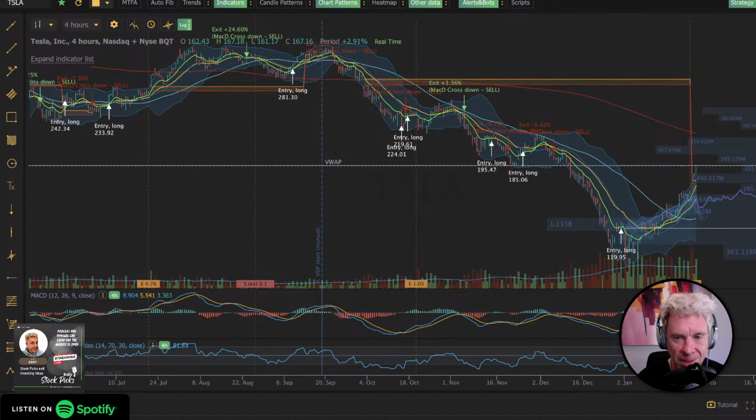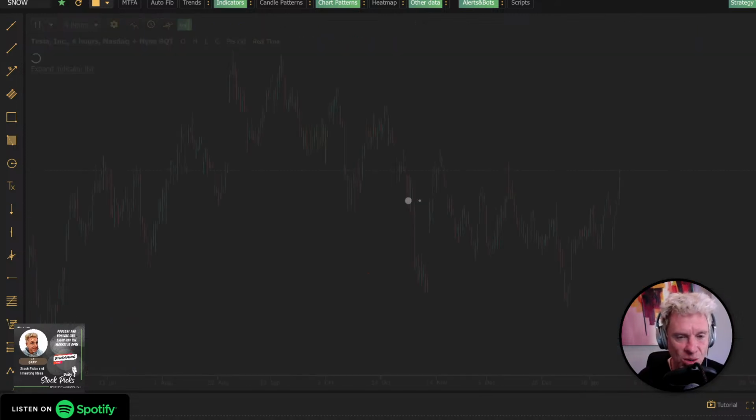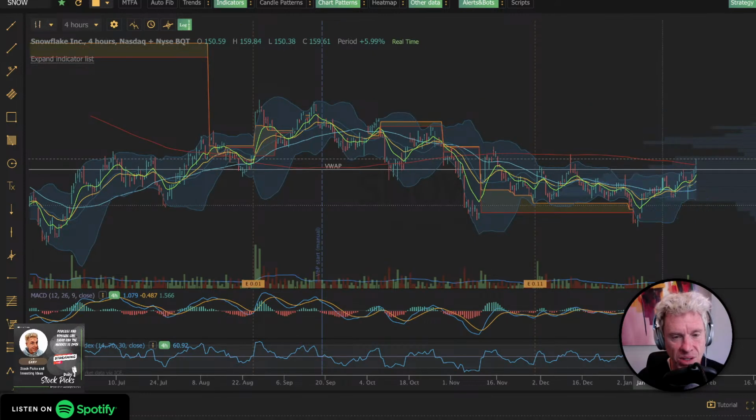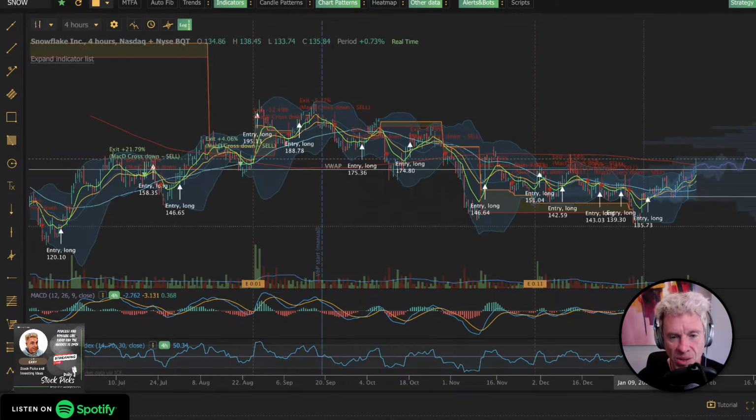The other one that's up that I should have been adding to a bunch in the 120 level and the 130 level was Snowflake. 135 was the buy-in. You're at 159, 160. I think my average purchase price right now is like 180 on this one. So I'm doing better than most. And it's in a retirement account. So I'm just holding on to that one. The money's not going anywhere else.